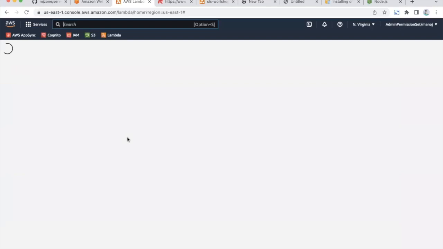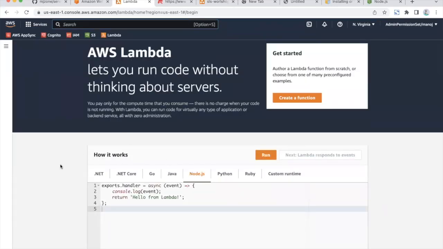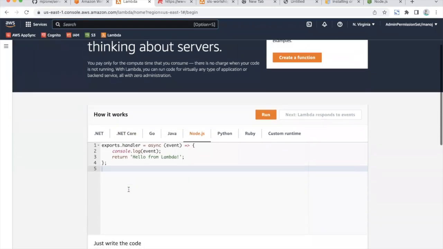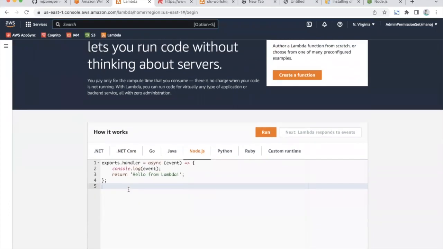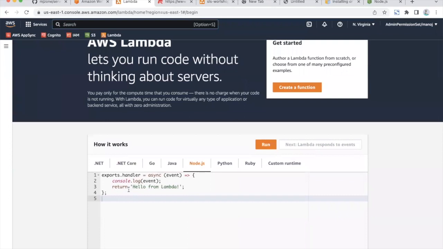So AWS Lambda, like I mentioned, is a serverless service, and basically you can run some logic. And when you run the logic, you can pick whatever runtime you want to run that logic with. So it could be Node.js, Java, Go, .NET Core, Python, Ruby. So you can pick whatever runtime you want to run your code with, and then just add your business